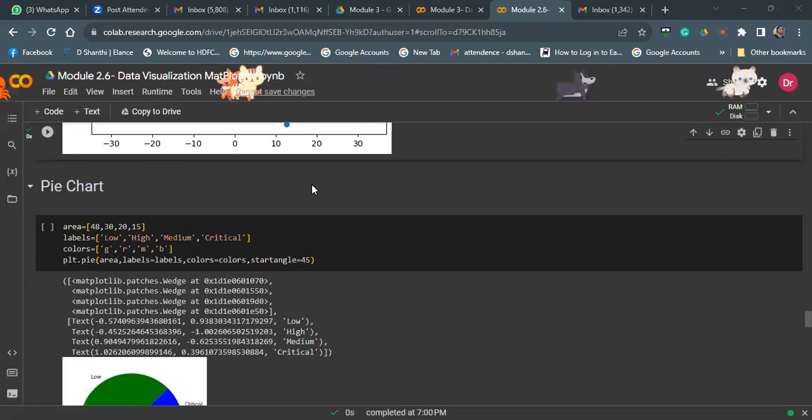Now I am plotting pie chart using area and labels, colors. The start angle should be equal to 45. From where it needs to start? We have mentioned certain